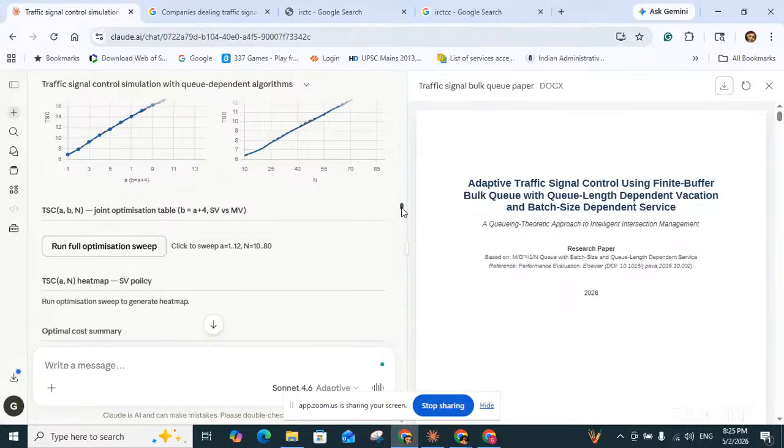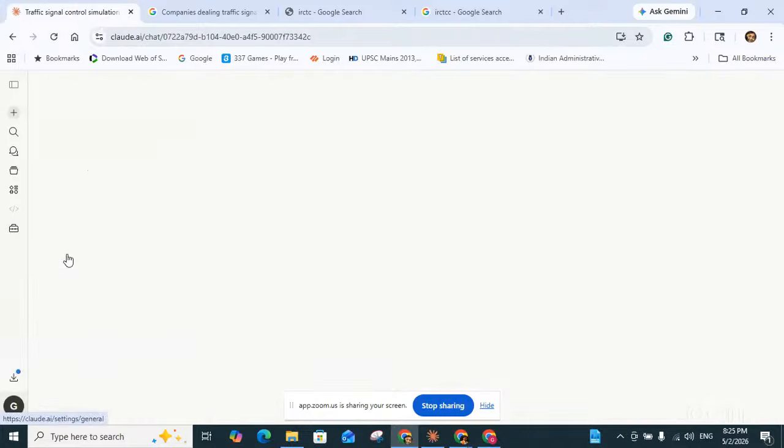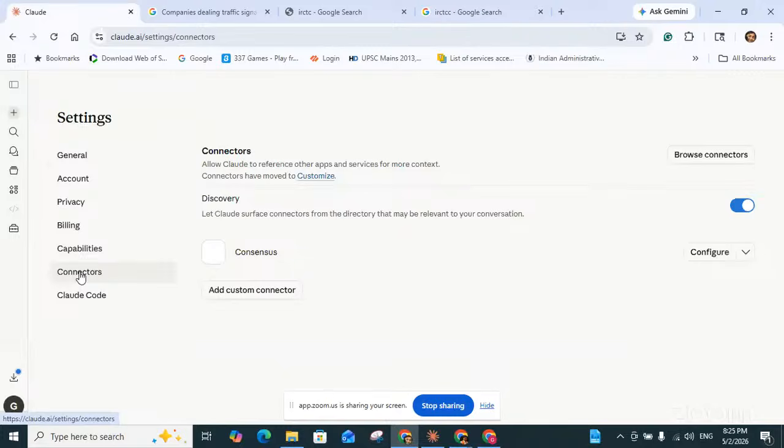But later on YouTube I saw that we can connect the thinking model with web pages. Basically in Claude settings, we go to the connectors part, and from there we can browse connectors.